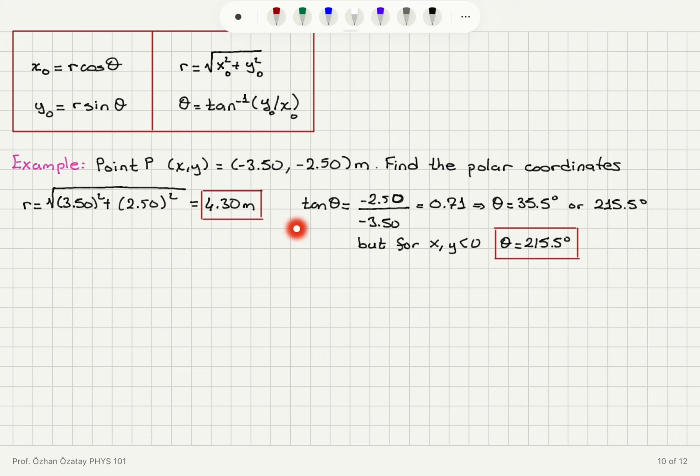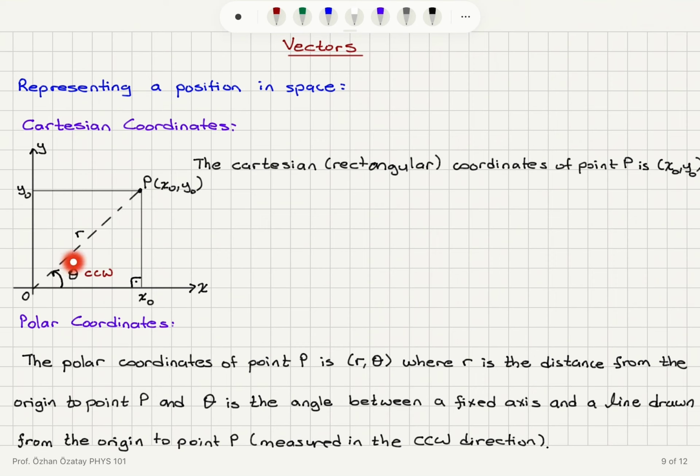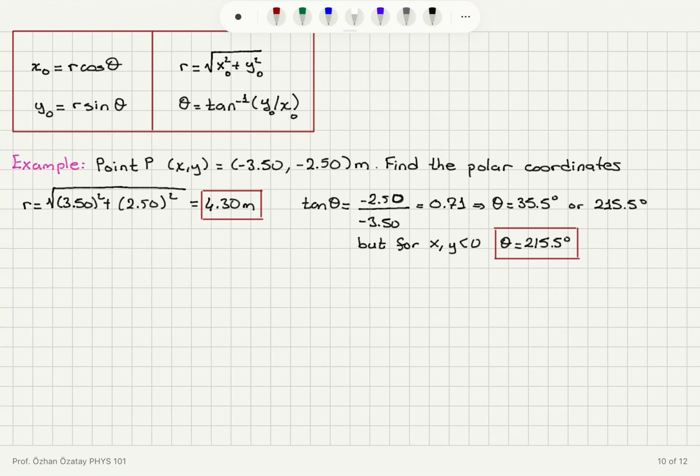And for the angle theta, tangent theta is y0 over x0, minus 2.5 over minus 3.5. That is 0.71. And if you use a calculator, you can see that the angle is either 35.5 or 215.5 degrees. Now, is the angle 35.5 or 215.5? If you look at the quadrant that this point is in,